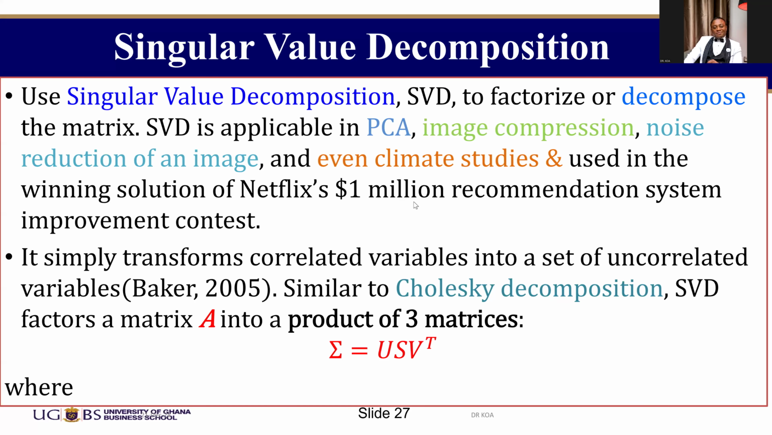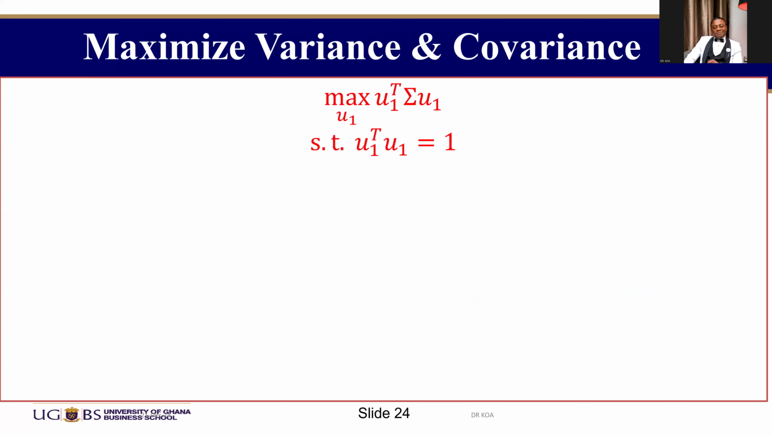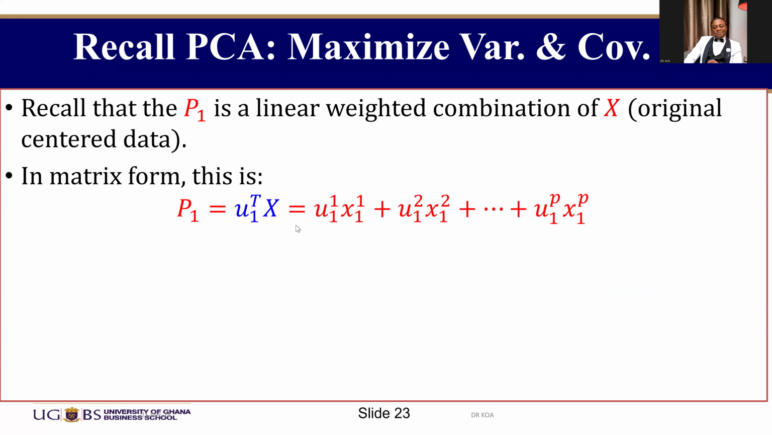We'll continue from where we left off. I'll do a recapitulation of what we did the last time. We got to this point where we maximize the variance covariance matrix. And then we